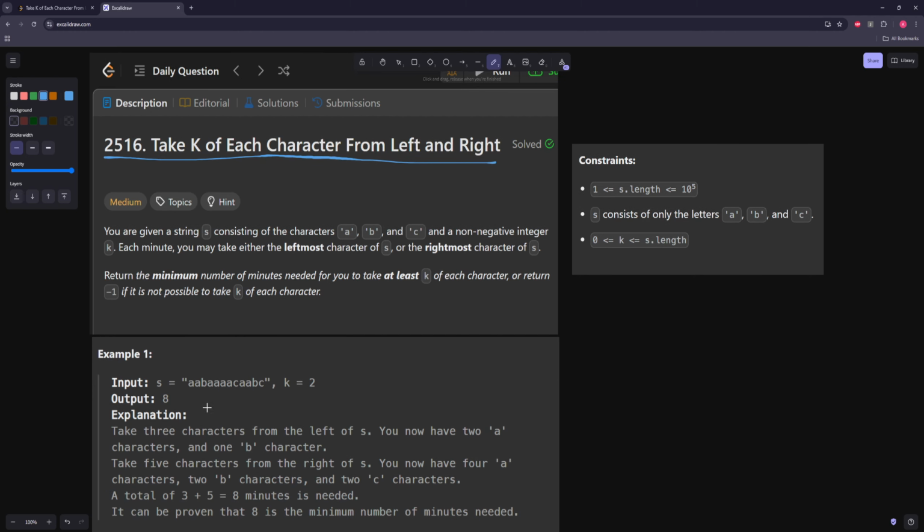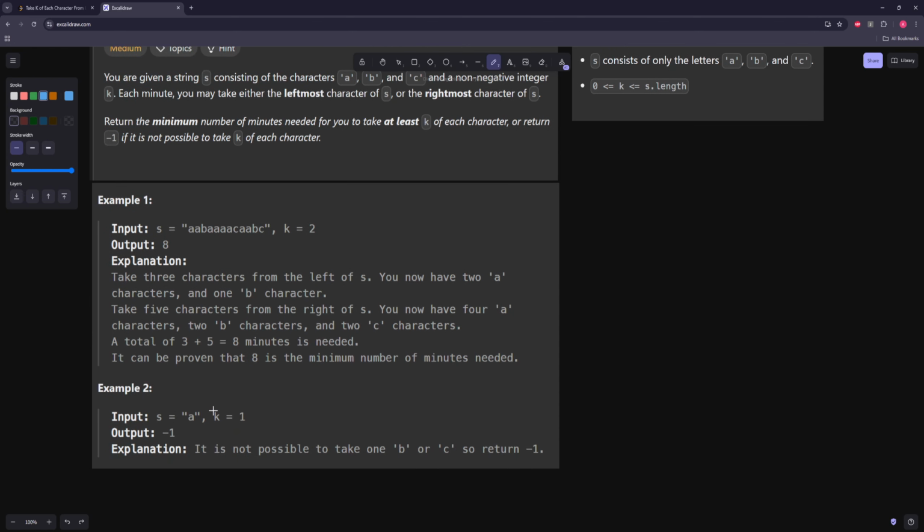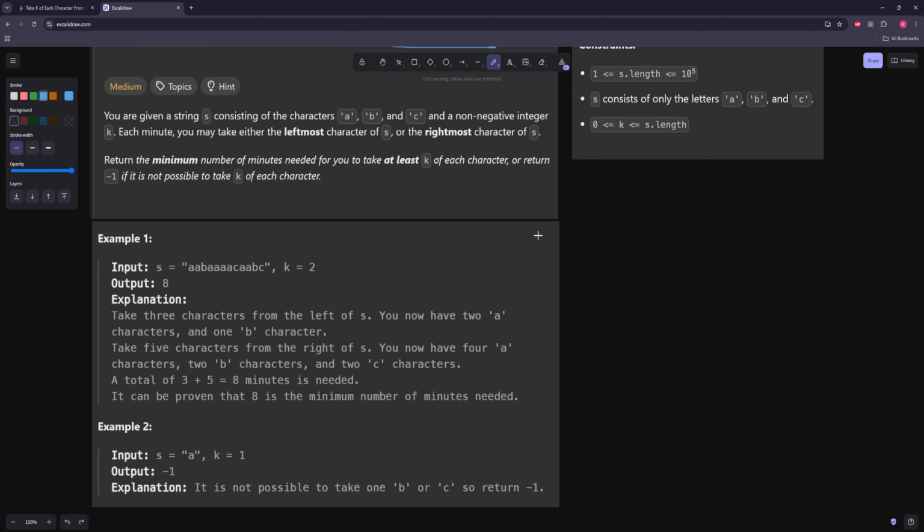In this first example, you're going to take 3 from the left and then 5 from the right. So that'll take 8. This number of minutes is basically like you can take some subarray from the right and some subarray from the left, and then return the minimum length of both of these combined. In this case, there are no B's and C's, so you can't do anything. You can do a count of every character to make sure there's enough of each to start if you want to. But this problem is similar to another one that we had a week ago or something,